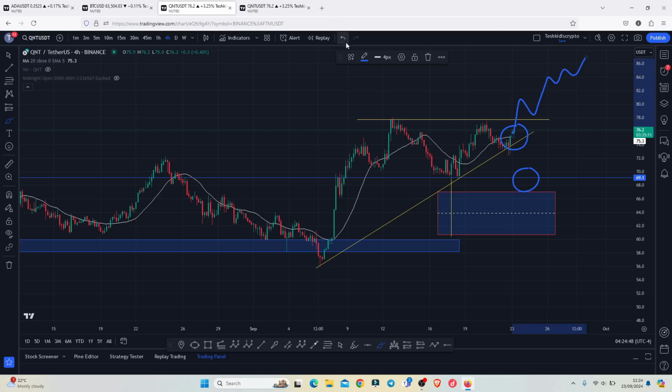We also need to have in mind that since we have not yet managed to break above the $78, which is a key area of resistance, there is a chance that whatever we have information over here is the formation of a double top, having this as the first top, then we have the neckline, then the second top. And in the next coming hours, in case we get rejected over here, we can easily see a breakout